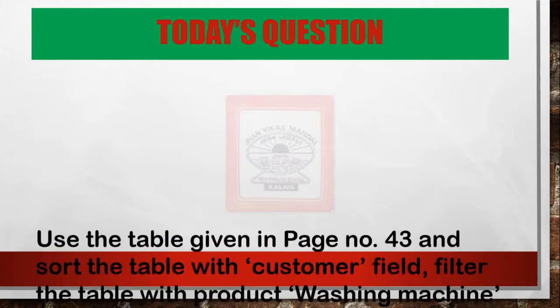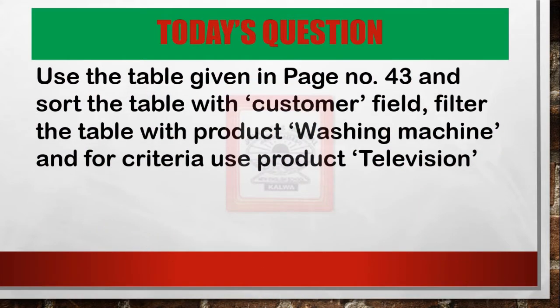Now, in today's practical, we are going to use a table which is already typed. I told you regarding invoice number, customer, type, product, quantity, and price. These are the fields which I typed in the last practical. That is the database already created. We have around 11 records now, so we have 11 invoices.